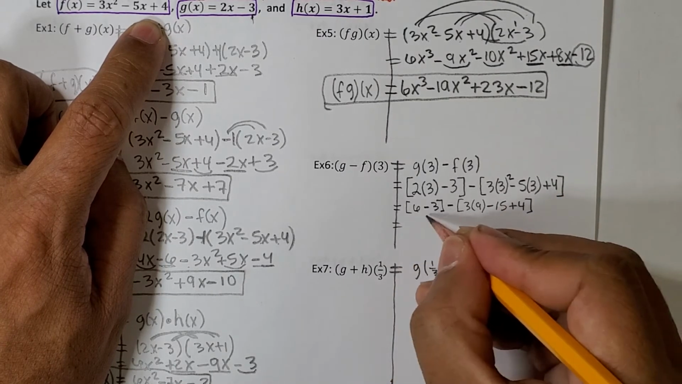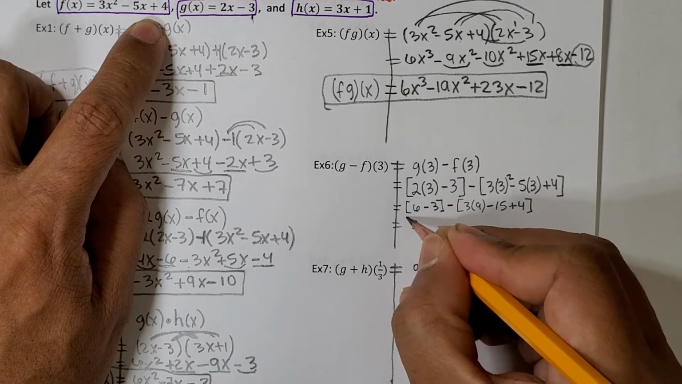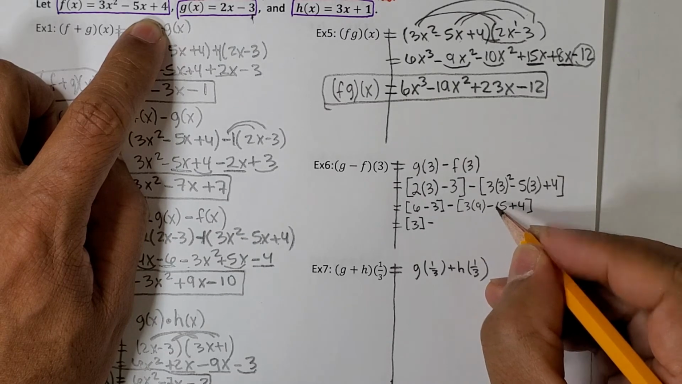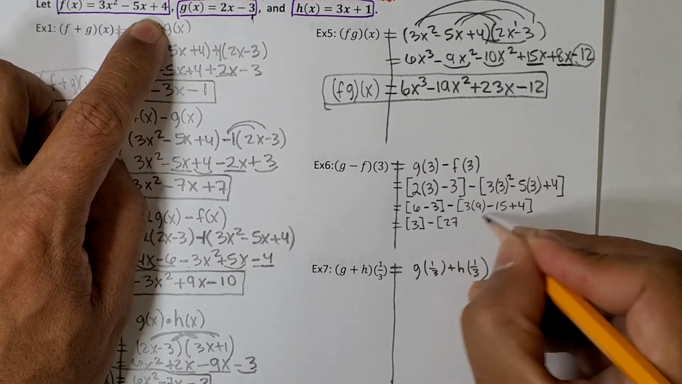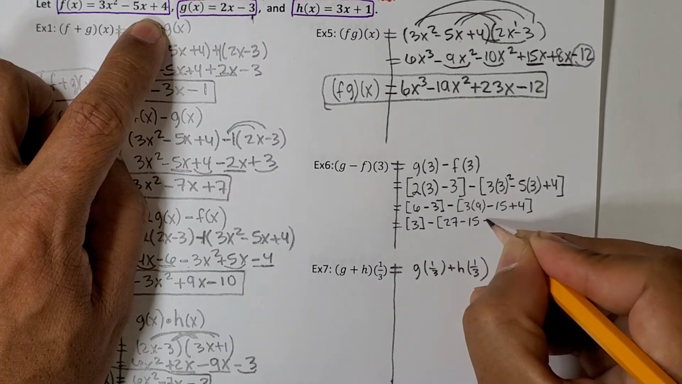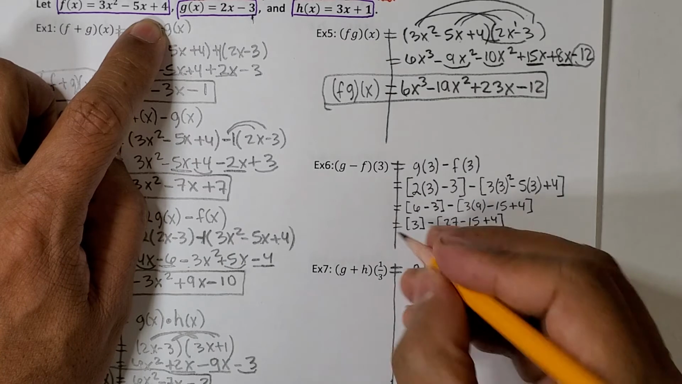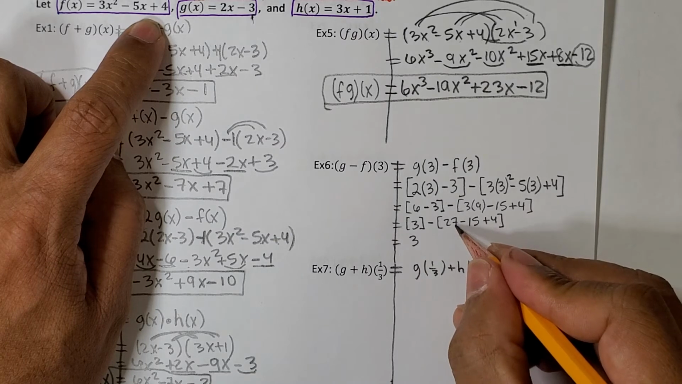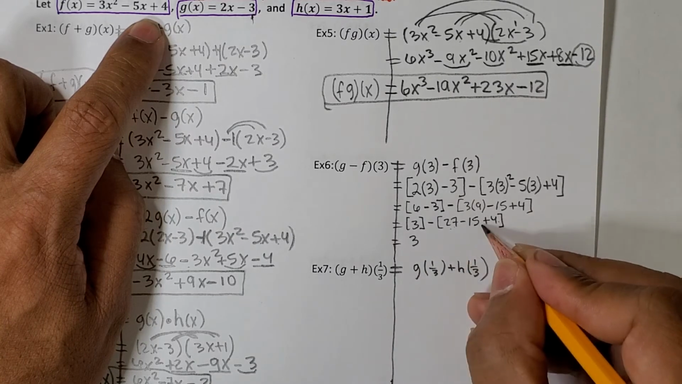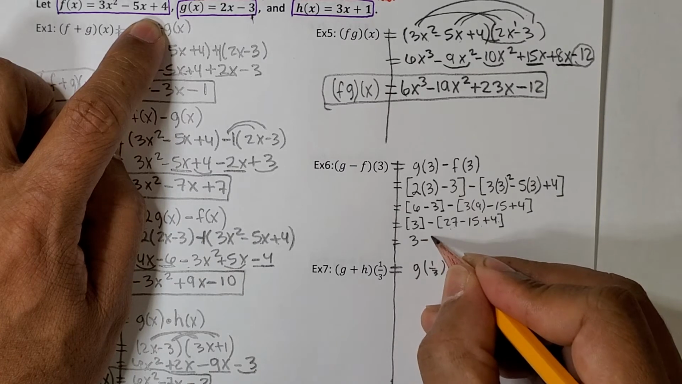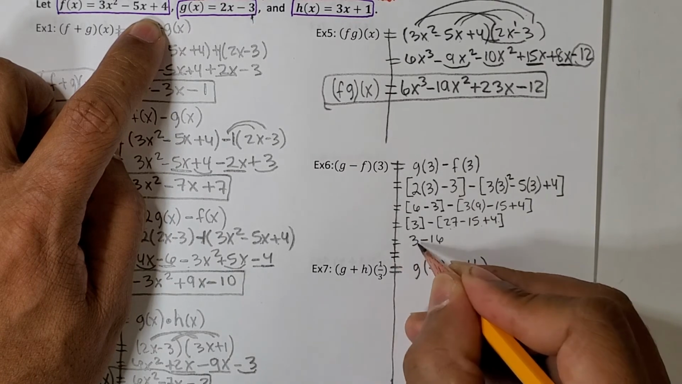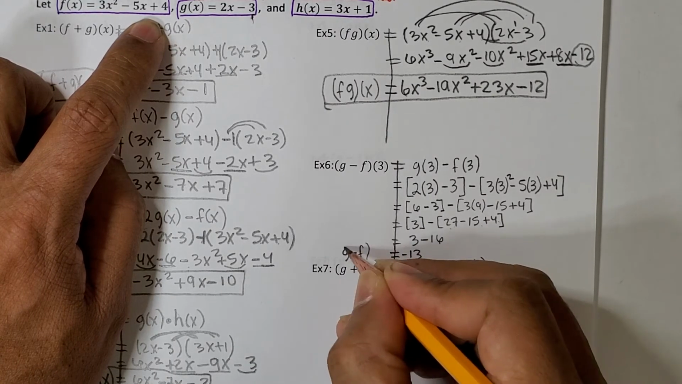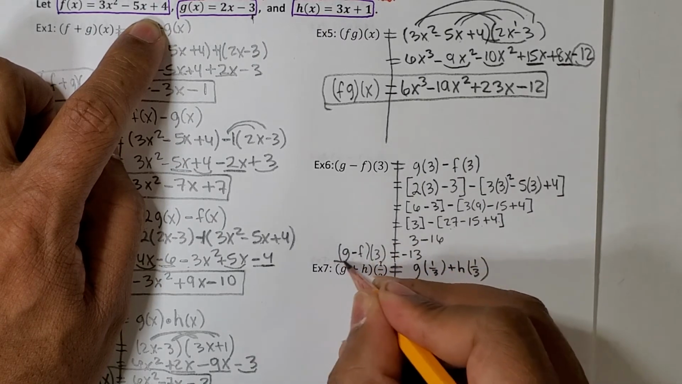So then this is going to be 6 minus 3, which is 3. Minus 3 times 9 is 27. Okay. So then this is going to be 27 minus 15 plus 4. So then this is equal to 27 plus 4 is 31. 31 minus 15. That's 16, so 3 minus 16. So in the end, the answer is 3 minus 16 is negative 13. So g minus f of 3 is equal to negative